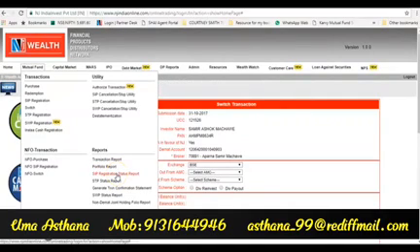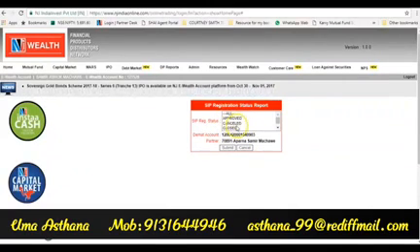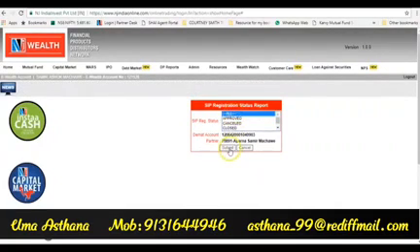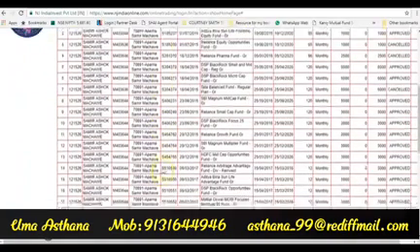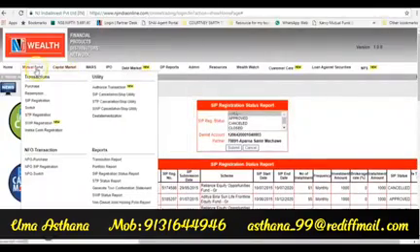SIP registration status. Now you have registered SIPs and you want to see how many SIPs are really registered in your account. You can check it from this place. So you can have different options: approved, cancelled, closed. You can even have the history of which SIPs I had started and had cancelled. So you can just select all and say submit. So it gives you a list of SIPs that you have got here.